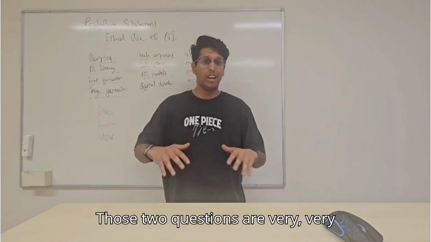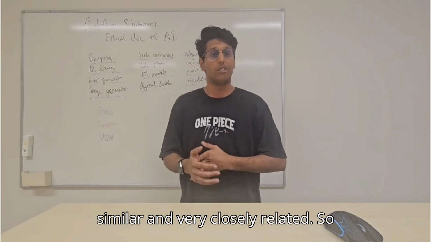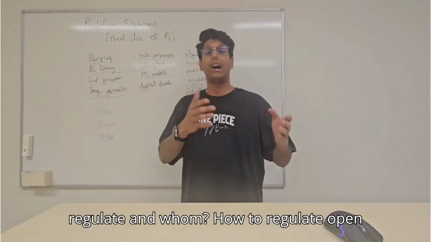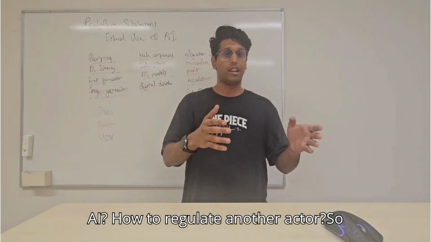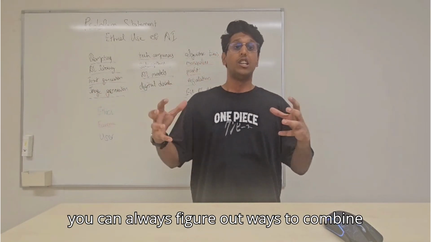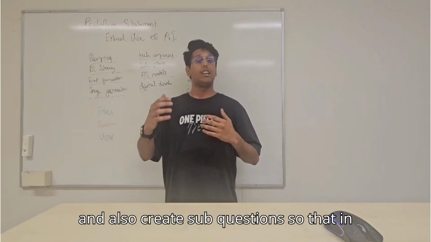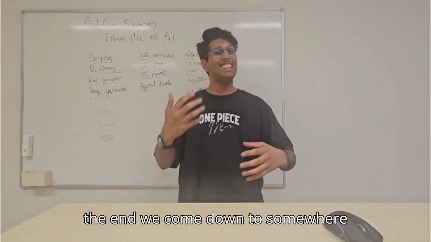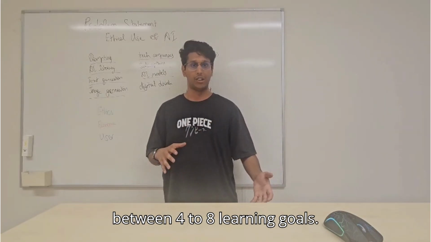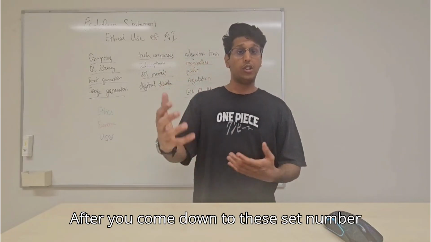Those 2 questions are very, very similar and very closely related. So those can be combined into one. How to regulate and whom, or how to regulate OpenAI, or how to regulate another actor. So you can always figure out ways to combine and also create sub-questions so that in the end, we come down to somewhere between 4 to 8 learning goals. After you come down to